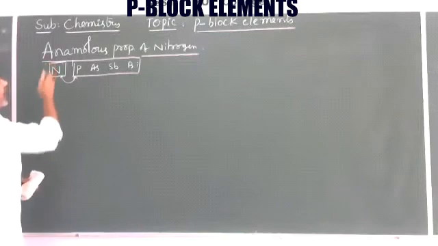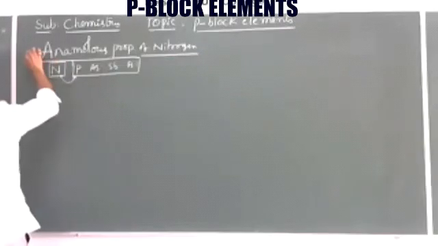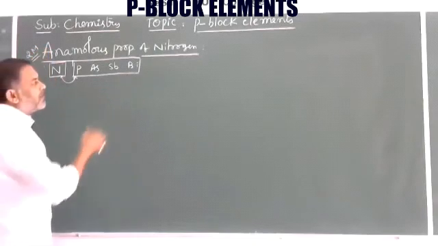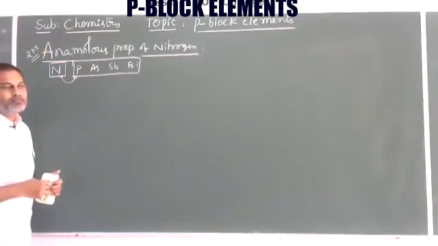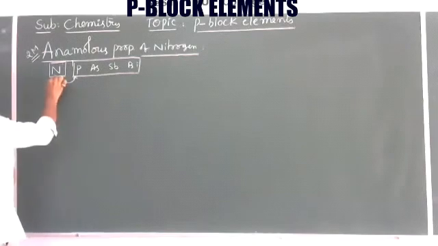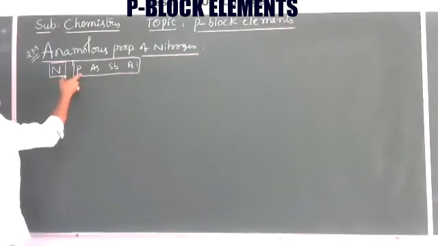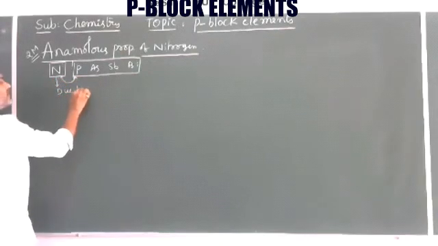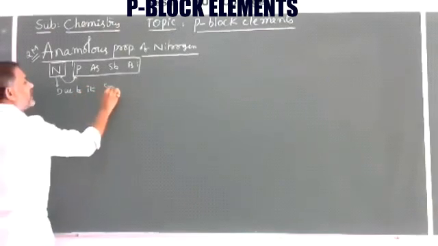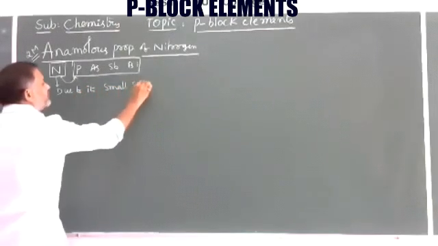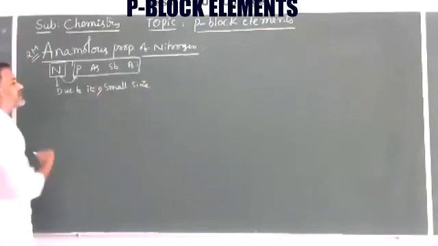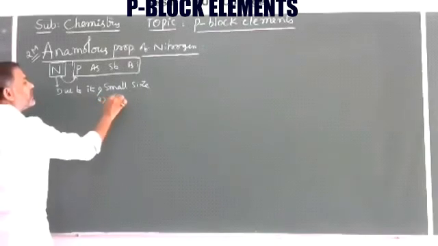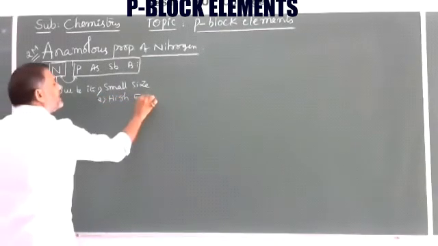That's why anomalous properties of nitrogen, regularly they'll ask for 2 marks. Anomalous properties of nitrogen or oxygen or fluorine. Here, nitrogen shows some anomalous properties compared with the same family members, mainly due to its small size. First reason: due to its small size, its electronegativity is more. That's why high electronegativity and